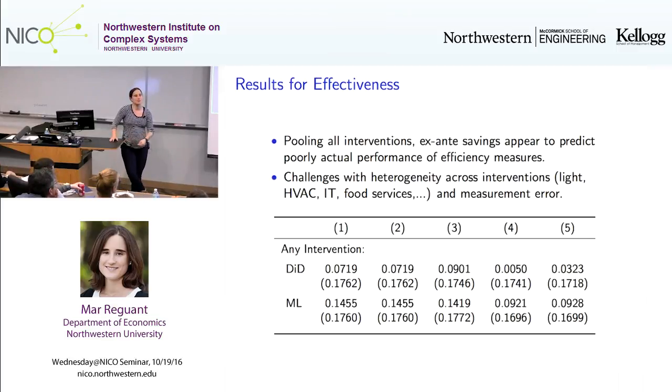Some expected savings were 600% of the school's consumption. I would put that in the typo category because it's very hard to reduce your electricity consumption by 600%. Try at home, you'll have to go on your treadmill and become a net seller of electricity. I don't think that's what people do. So clearly there was a lot of measurement error.